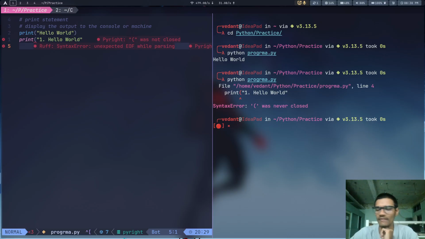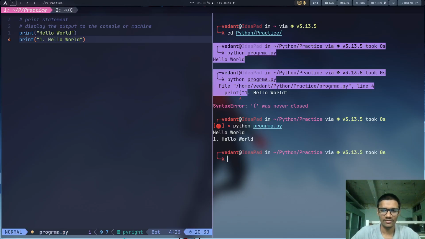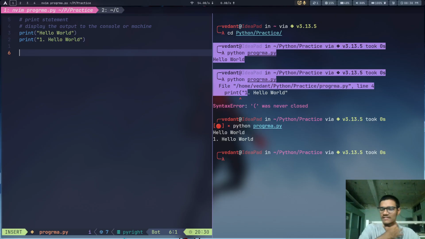Oh, I think I was wrong about it. Anyways, my mistake, I admit it, no worries. And if we execute the program hello world, one dot hello world, that's all there is to learn about the print statement.